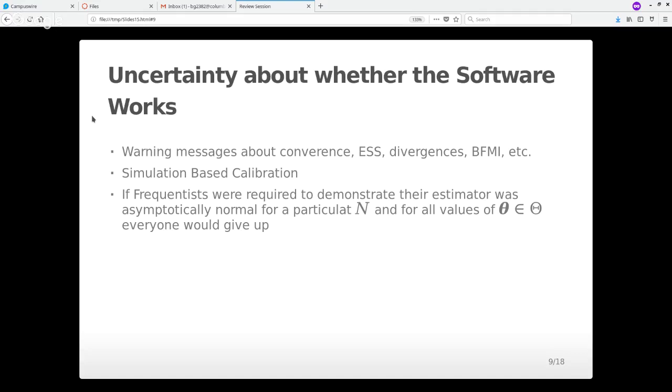So all those warning messages that you sometimes get when things don't go well, about like this didn't converge, or the effective sample size is way too low, divergent transitions, low Bayesian fraction of missing information. If you didn't see those messages, that's mostly because in the examples we did, even some of the more complicated examples we did, things went well. But as you start writing your own Stan programs, you'll often get these messages when you're starting out, because you make mistakes,